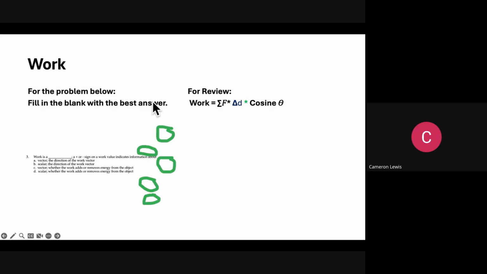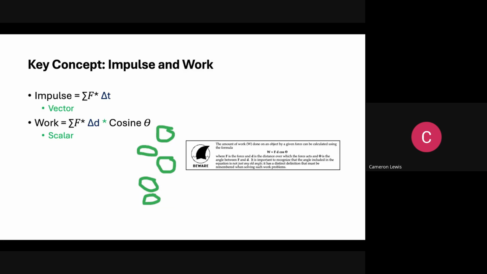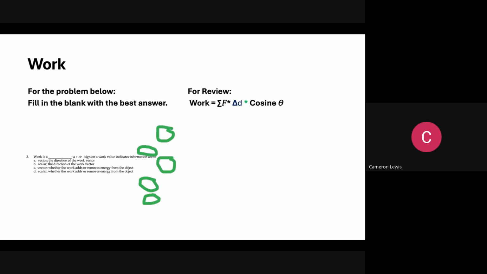So now with this, I just want to put it all together when it comes to work. Fill in the blank with the best answer. But really understanding this, I said earlier that work was a scalar. So we're talking about force over a distance. So with work being a scalar,